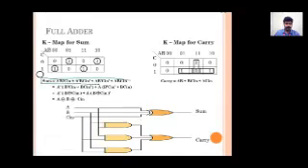Sum is equal to A bar B bar C in plus A bar B C in bar plus A B bar C in bar plus A B C in. Further after this step, if we use Boolean laws, it will be much easier. So we have used Boolean laws to simplify this expression, and finally we have created the expression sum is equal to A XOR B XOR C in.